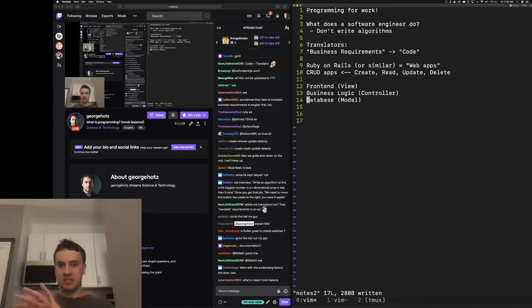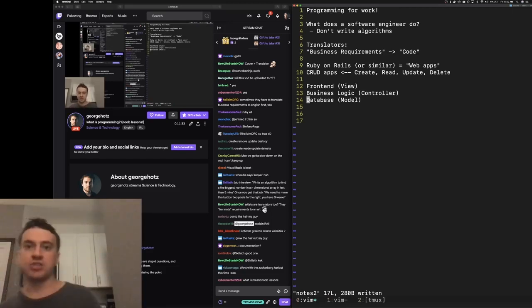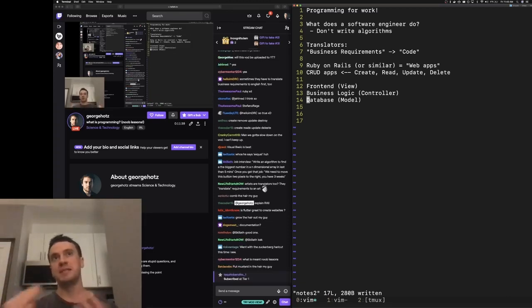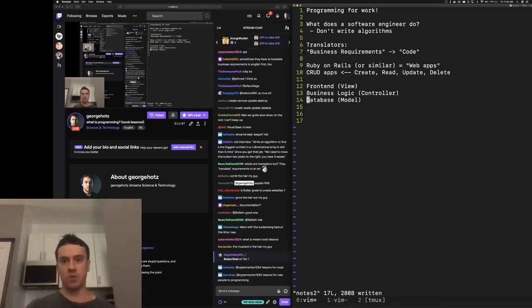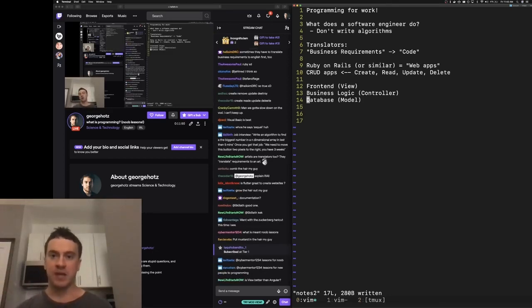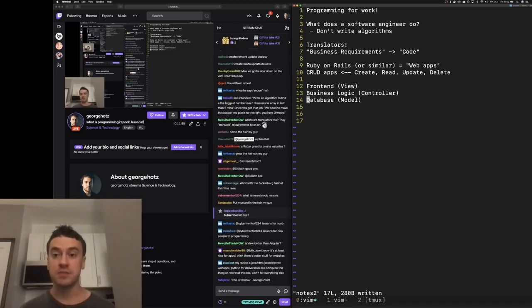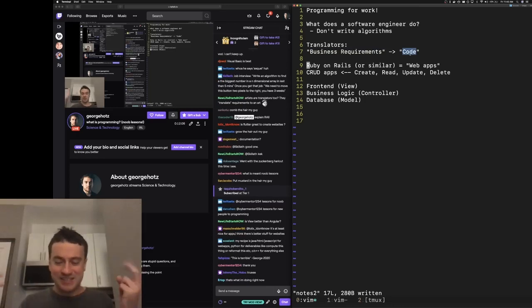So this is terrible. Just the same way the word doctor means so many things. A doctor is someone who diagnoses, a doctor is someone who prescribes, a doctor is someone who has bedside manner. A software engineer, like, it's kind of misleading, and it's almost nothing like what you do in school. If you're in school and you're learning how to write binary search algorithms, it's nothing like what you do in practice. What you do in practice is really you're translating from a really shitty language into these things that are like code.